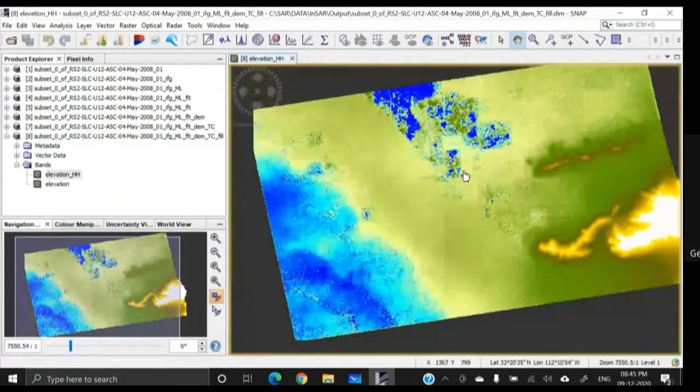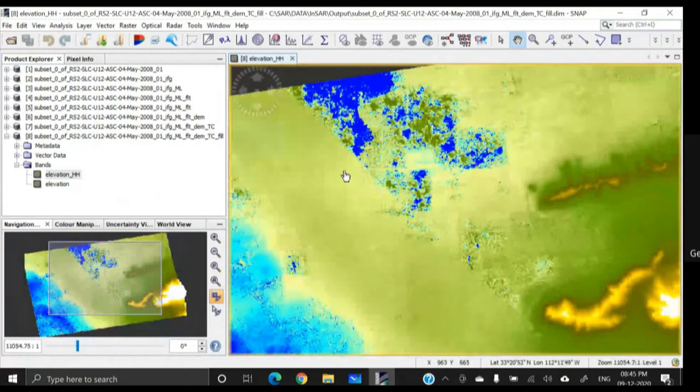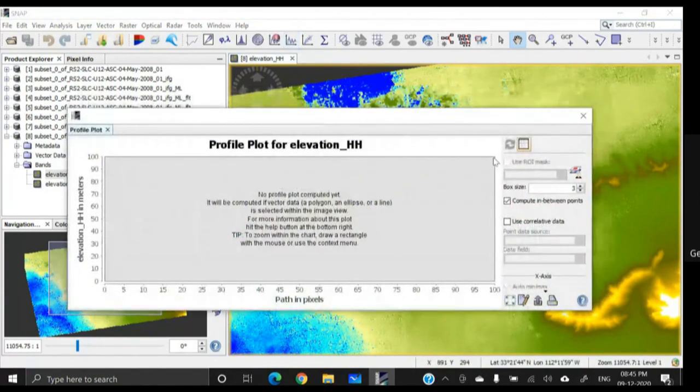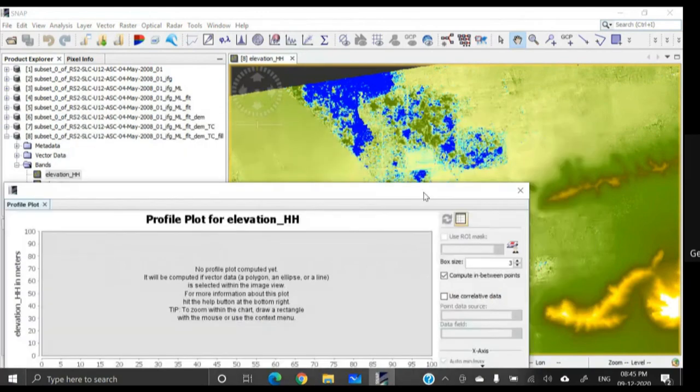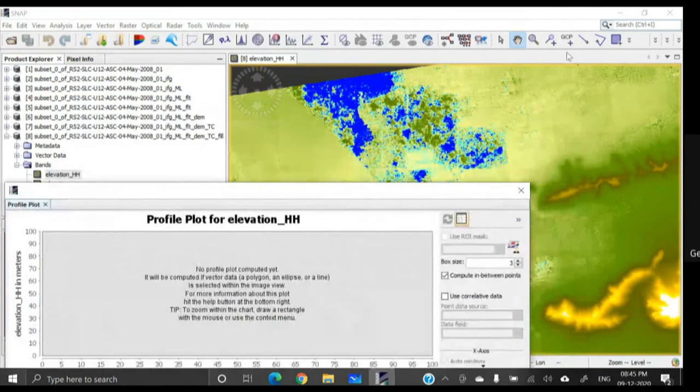Now see, we can see the profile. And how to see the profile? See here, this is the tool to get the sectional profile. So click over here, profile plot, and it will open a dialog box like this. Then you have to draw a line, I mean profile line, sectional line.